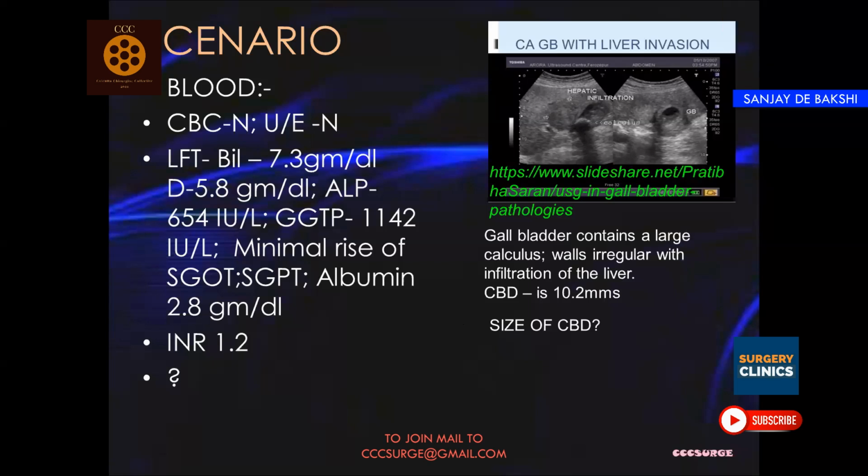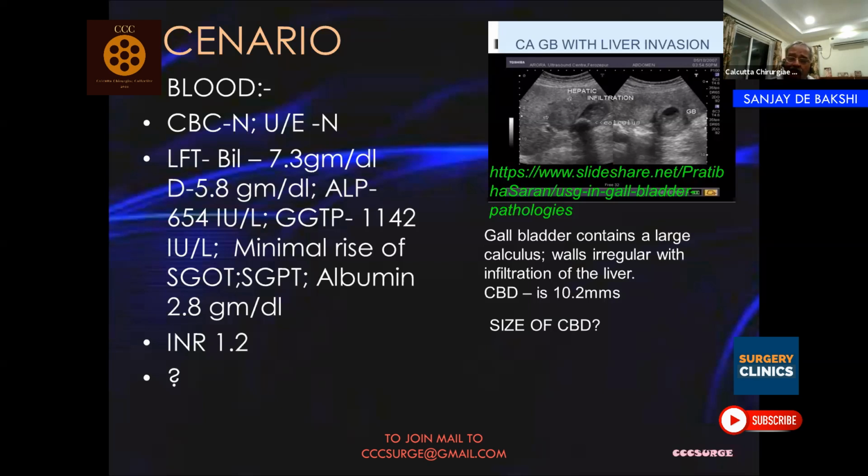So it should be around 4 mm. Increase in well diameter, I would put more than 0.8. Some people say 6 to 7 millimeter is the normal. Anything more than that is dilated. So remember the value 6 to 7 millimeter. But after the age of 60,